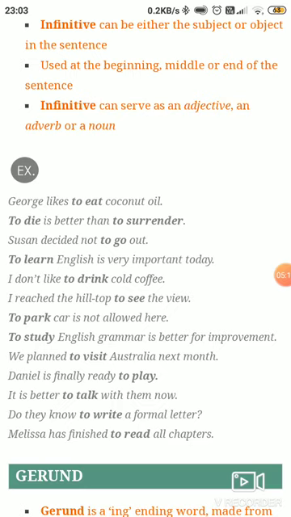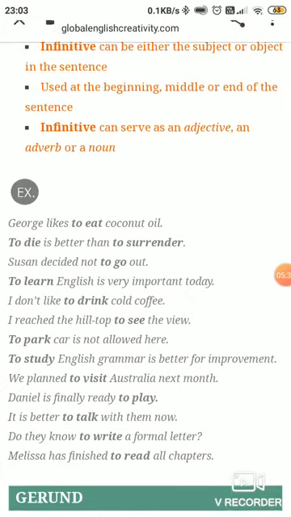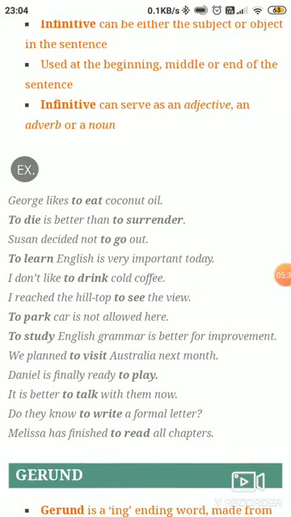Do they know to write a formal letter? Do they know writing a formal letter? Melissa has finished to read all chapters. Melissa has finished reading all chapters. Here we end with infinitive form of the verb, changing infinitive into gerund form.